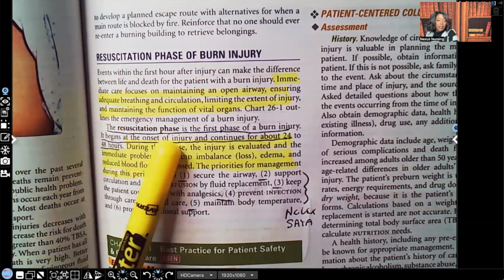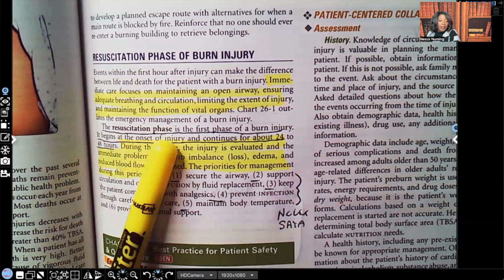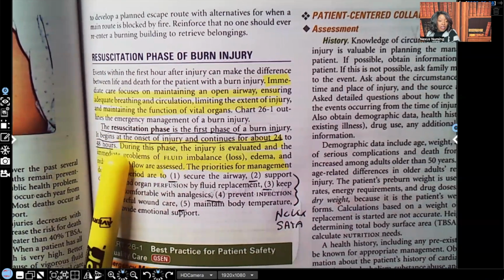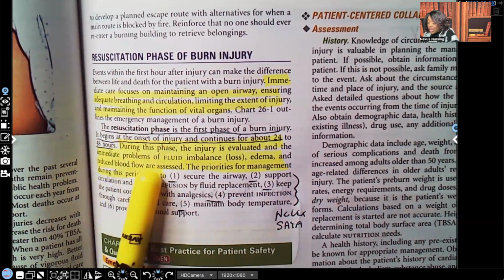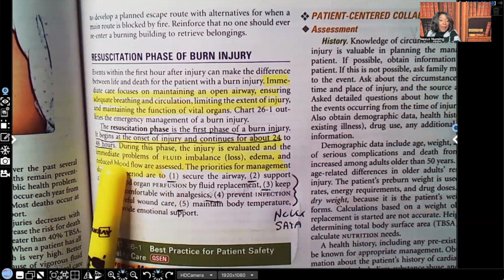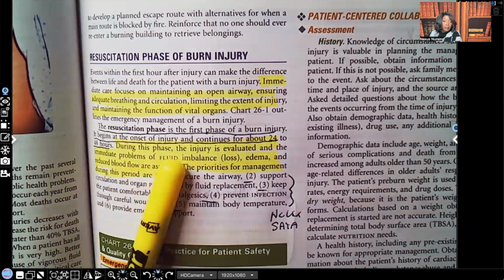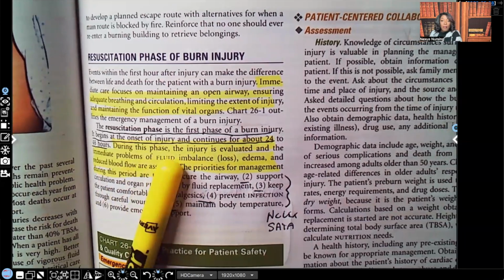The resuscitation phase, look at what it says. It's the first phase of a burn injury. It begins at the onset of injury and continues for 24 to 48 hours. During this phase, injuries are evaluated and immediate problems of, and look at this, guys, this is the second time we're seeing this in just the second paragraph, fluid imbalance. Why fluid imbalance? Remember,